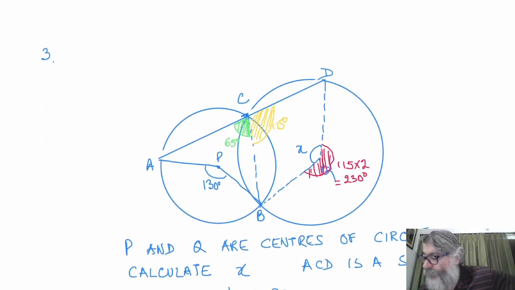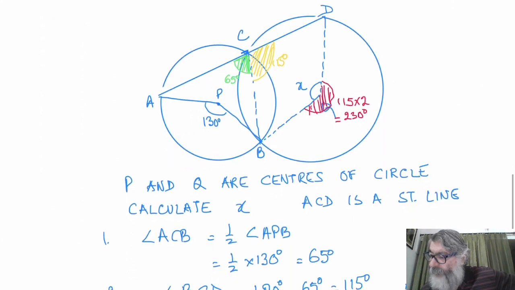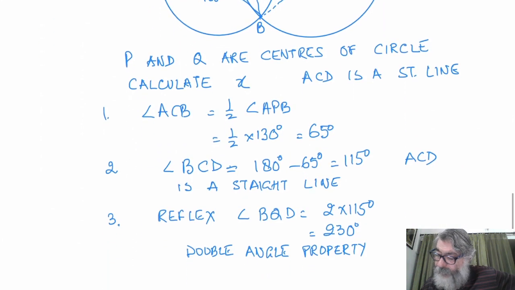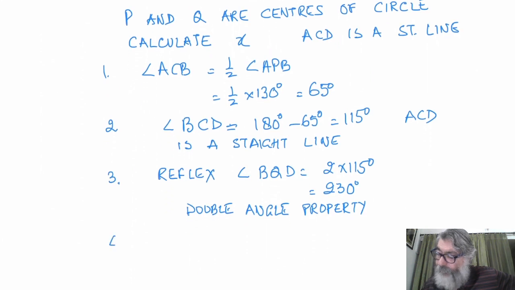So let me show angle X in the blue, because now only blue color is left with me. Green, red, black is also left, but I don't want to write in the black. So angle X, actually he's wanting angle X. So let's rub it out and write X. X will be equal to how much? 360 minus 230. That will be 130 degree.